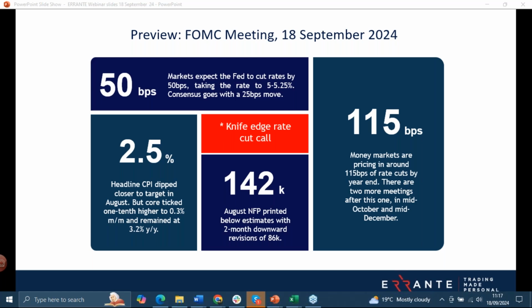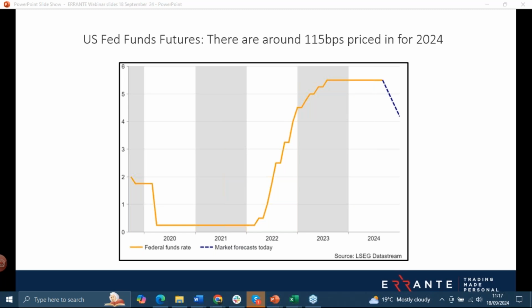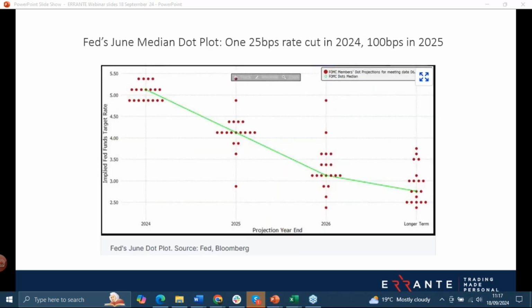For us personally, I guess it is pretty poor communication by a major central bank, and certainly the Fed, to go into this pivotal, historic meeting, as I say, with markets still torn over the size of the rate cut, essentially. Of course, for this meeting, we do get quarterly economic projections and also the dot plot. The 2024 median dot plot is, well, I'll just get to the June dot plot here that you can see,